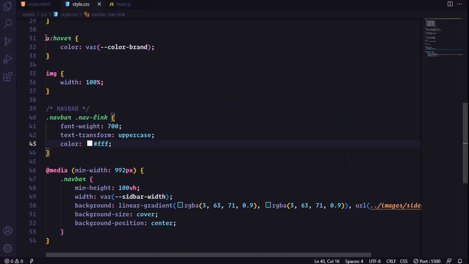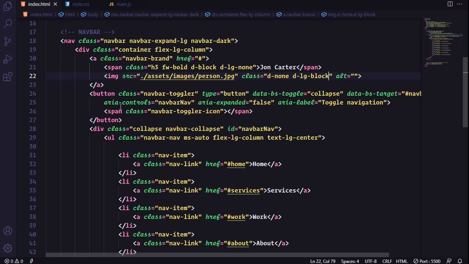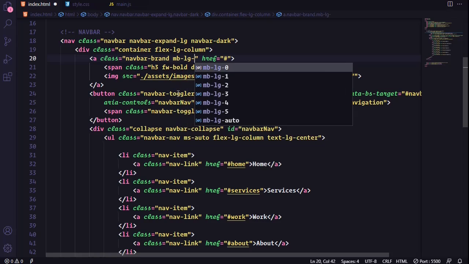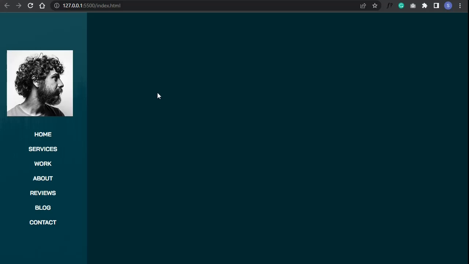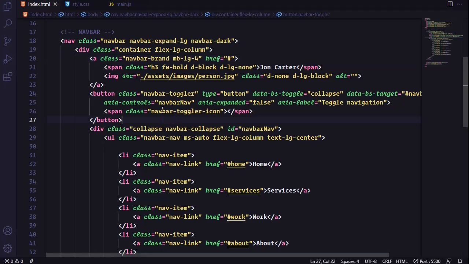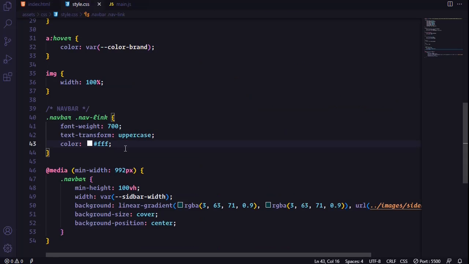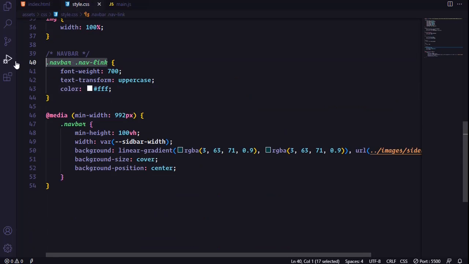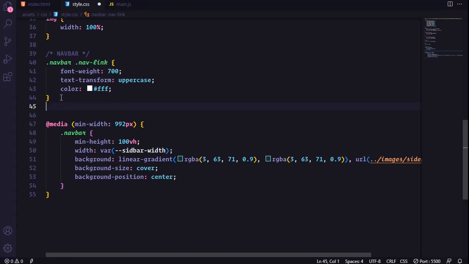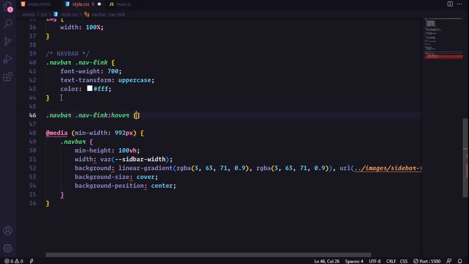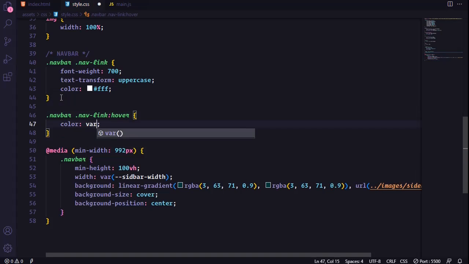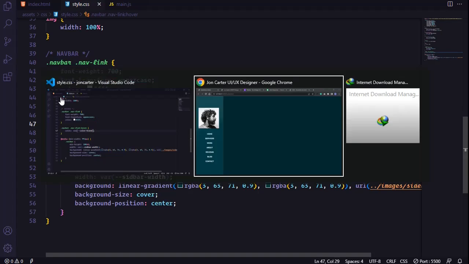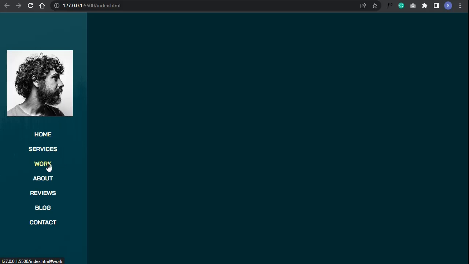Okay, so I'm gonna give some space between the image. So I'm gonna select this brand. I'm gonna type margin bottom on LG 4 rem. So as you can see, we have some space now. Okay, and on hover, I'm gonna change the color to brand color. Save it. So as you can see on hover, the color is